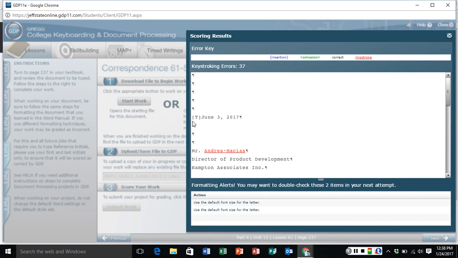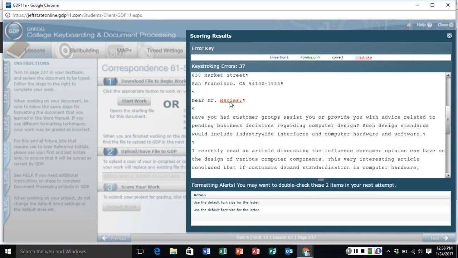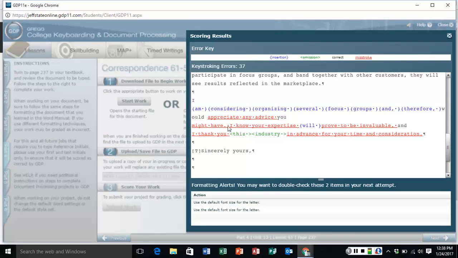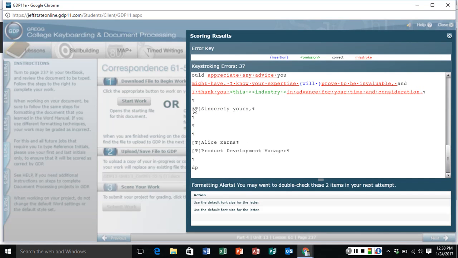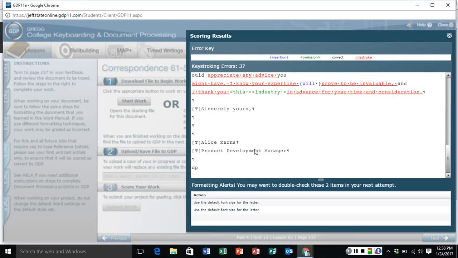Now, I want you to see this. The tab lets you know that you did press the tab, so it's where it needs to be. Of course, I didn't change his name and I didn't change the salutation. I did not get rid of that last paragraph. And I needed to retype the new paragraph. It shows that I did tab. I tabbed here, tabbed here. If you notice right here, use the default font size for the letter, and I thought I used the default font size. I wonder why it's telling me that. It's saying this program is very, very sensitive. If you don't do what it wants you to do,